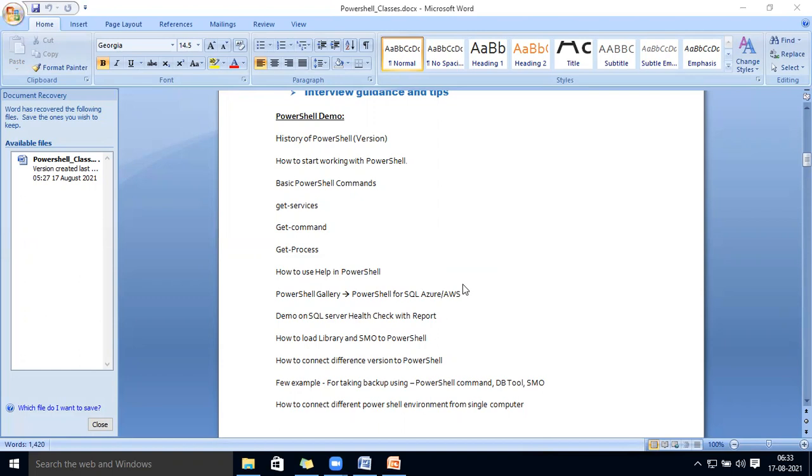I will go through the syllabus I have sent, just in 5 minutes. Then I will continue with my PPT and all the scripting. I am going to explain the history, what PowerShell commands there are, the PowerShell Gallery and how we can use it. And there are many tools developed in PowerShell; before it was CMD, then after that DB tools, SMOs. So many things are there which we will work with. Okay.